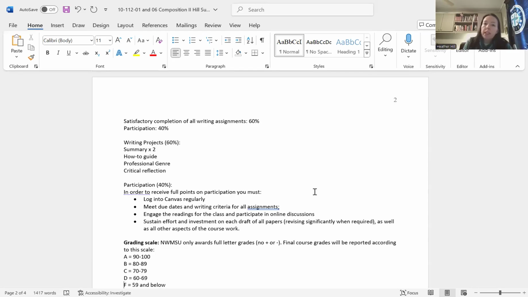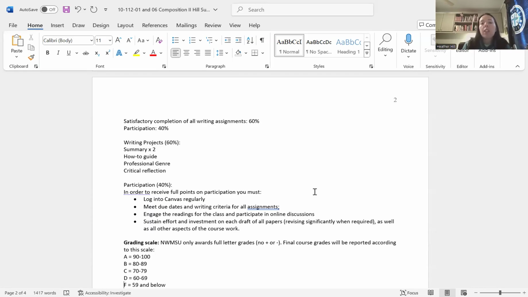And then the main purpose, which we'll get to in a few minutes, of this particular section of 112 is to think about the professional community that you're trying to enter. Whatever your major is or career path, that professional community has certain types of writing that they use. You might have to write them as a member of that community, but you'll probably at least have to read them. So the purpose is for you to figure out the kinds of writing used in your professional community that you're attempting to enter, or maybe you're already part of that community. Maybe you're already working in the healthcare field and working towards getting your degree in nursing or something like that.